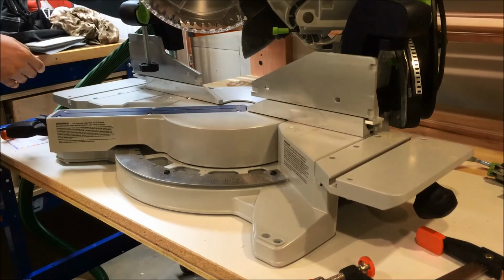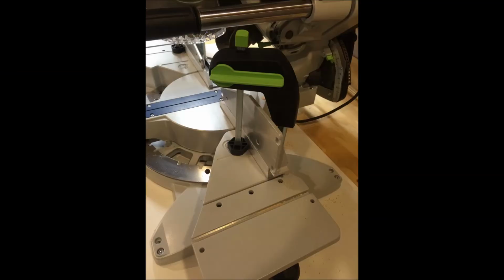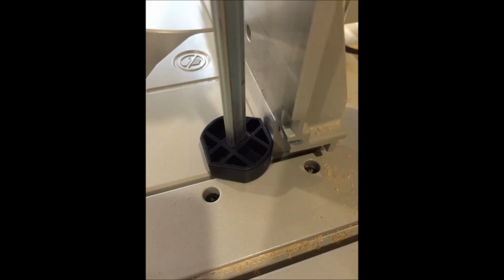One of the nicest things about this saw are these clamps. They're held in securely. They have a very substantial standard in the back that attaches, and the pads are shaped so that they go right up against the fence, no matter what position you have it in. Towards the inside, toward the outside,